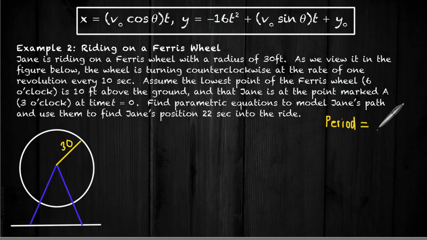If you can remember from a long time ago, the period is the length of time that it takes for an object to complete its cycle. So the period is 10 seconds. We're going to need that in just a moment. And assume that the lowest point of the Ferris wheel is 10 feet above the ground. So we will say that this distance between the Ferris wheel's lowest point and the ground is going to be 10 feet. So we need to come up with parametric equations that we can use in order to simulate the